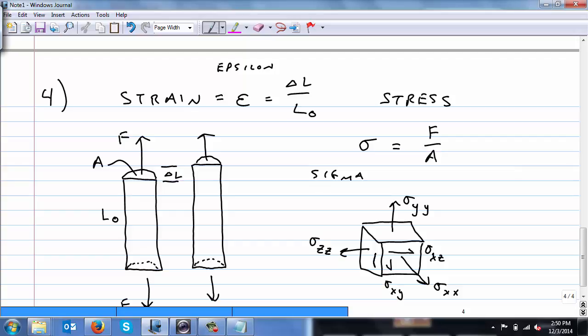This one over here is going to be sigma zy, and this one is going to be sigma zx. It gets kind of weird, but I just want to show you the whole nasty beast. This one's going to be sigma yz, and this one's going to be sigma yx. So I've drawn three normal,